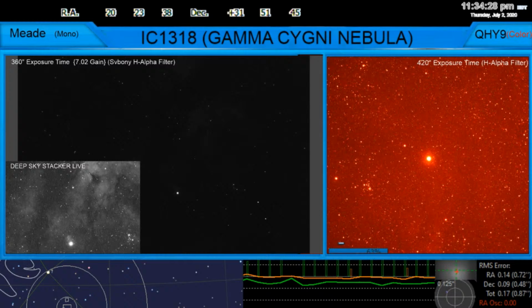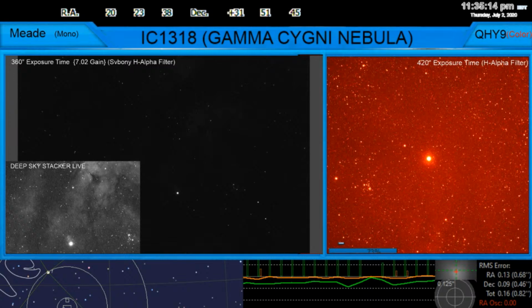And now we learned our pronunciation class for today. What about that? So, known by the proper name Sadr, the bright magnitude 2.2 star, which is called Gamma Cygni, also lies at the center of IC 1318. This nebula features a complex of stars, dark dust clouds, and glowing nebula along the plane of our Milky Way galaxy. It spans over 3 degrees, 6 full moons. It includes the open star cluster of NGC 6910,